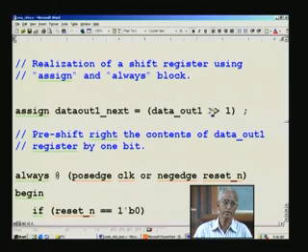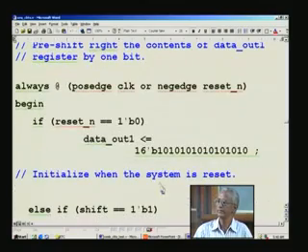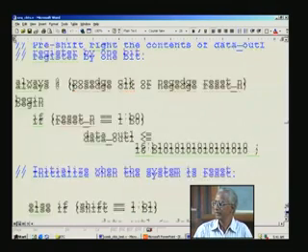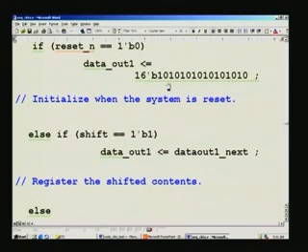If you want a left shift, you just invert this to the mirror reflection of this. We assign this shifted value onto this, which goes by the same name with an extension called next, implying that we are pre-computing this shifting so as to register it when the event happens. The event is the positive edge of the clock, and here also, based upon the reset, we initialize, or rather preset, the desired value for the shift register,